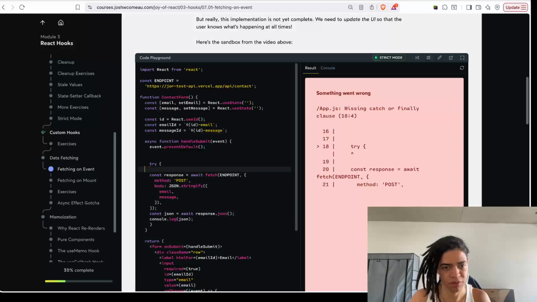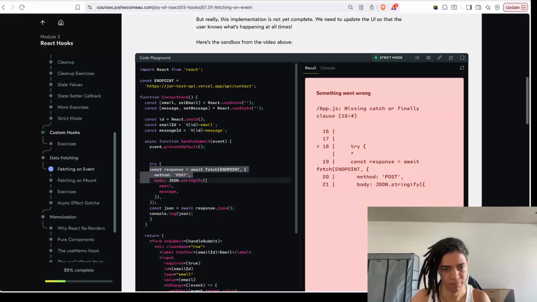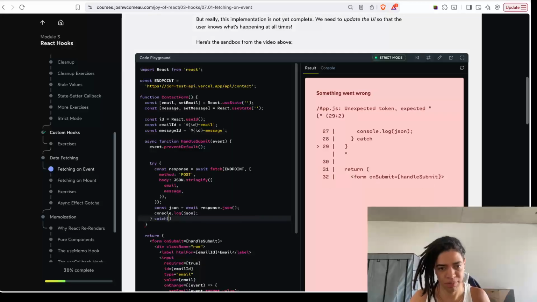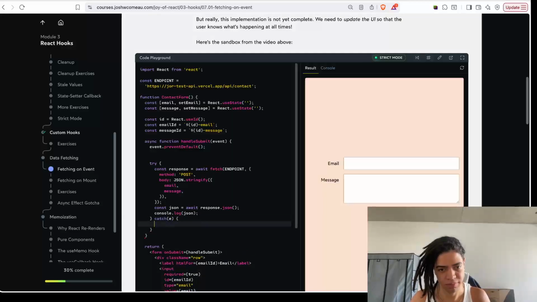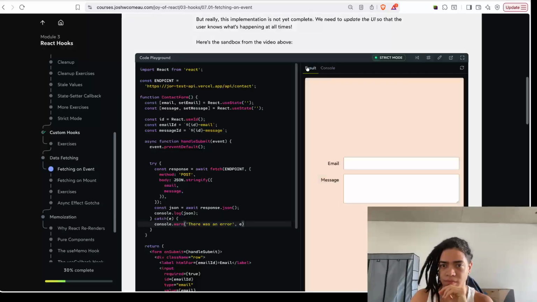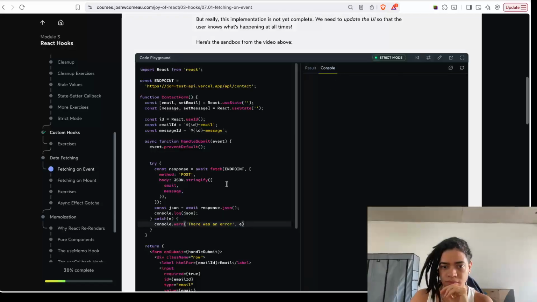And if for some reason you find some errors, well, please let me know about it. We can say console.warn and say, hey, there was an error, and show the error itself. So when you're trying to reload this,